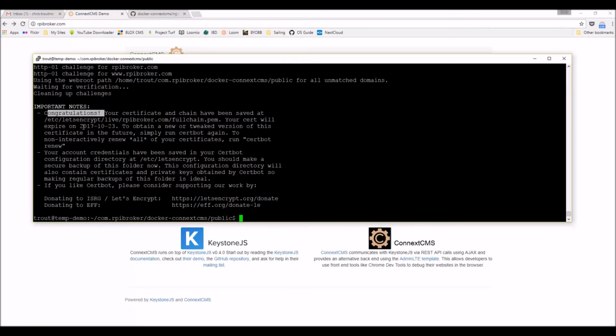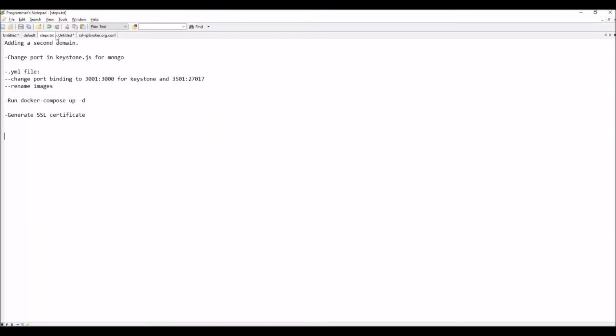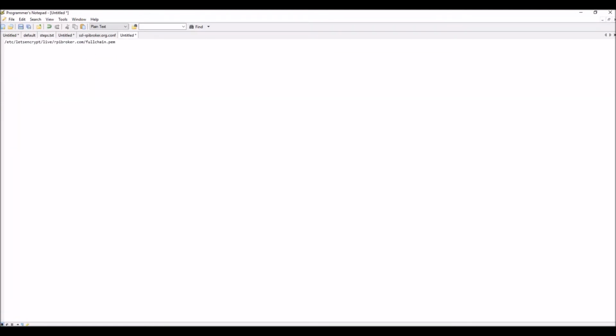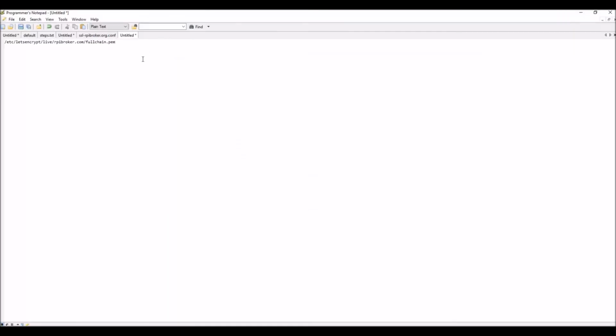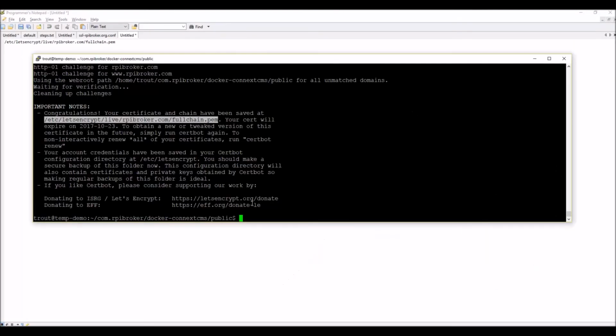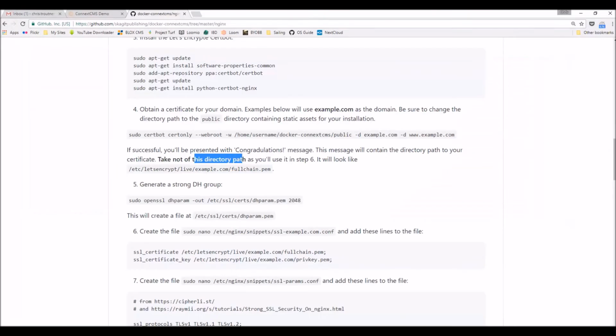And it's saying that the certificate has been saved to this directory, and we're going to want to save that for future reference. And in fact, I put a note here in the instructions, right here in bold. Take note of that directory path. Okay, so we've got that saved. We got that there. We got our certificate,